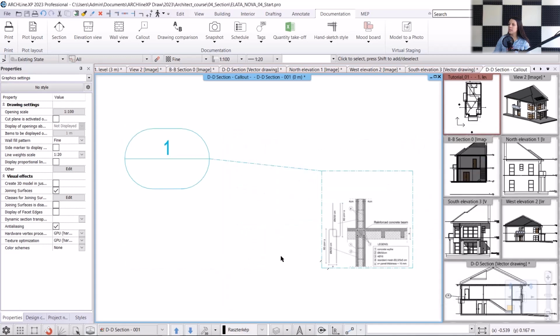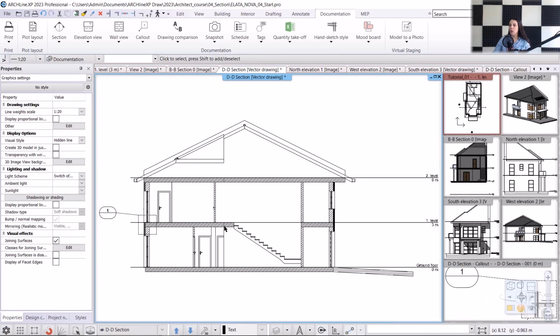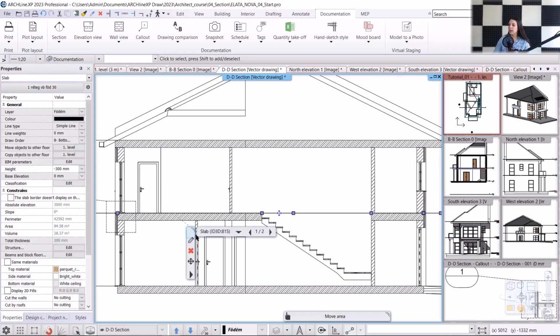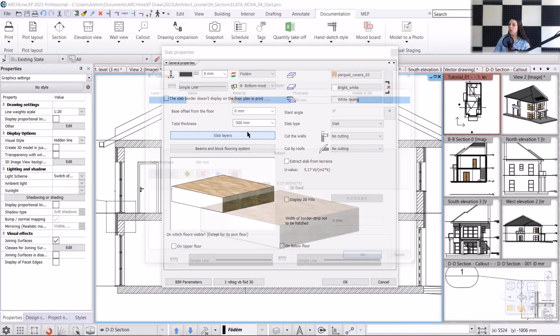I accept it by clicking OK, and the program loads it. Let's also see how we can modify the structure of the slab. For this, I'll go back to the longitudinal section and work there. We'll modify the structure of the slab by clicking on it, then choosing the pencil and selecting the Slab Layers